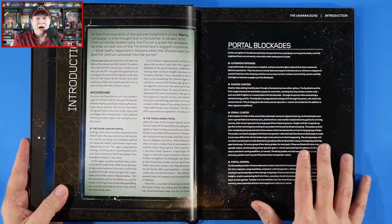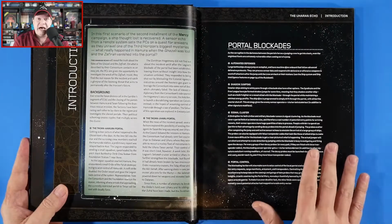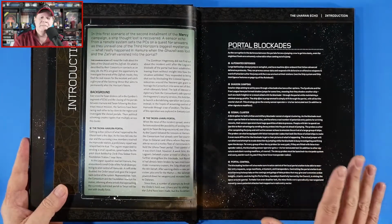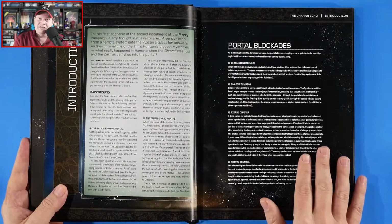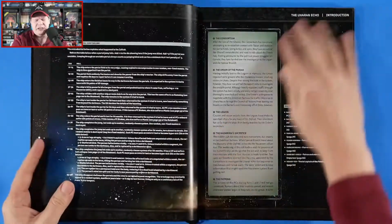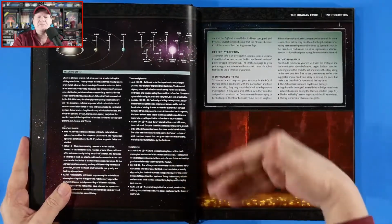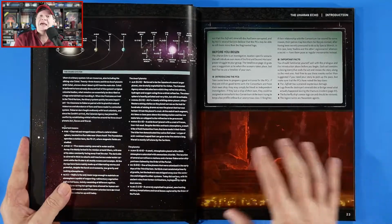And I got to point out, it is a huge, epic finale. It is pretty wild, but we will discuss that in just a few moments. So we're going to kind of zip in here. So essentially, if the players have already played Emissary Lost, it's going to pick up right from the end of